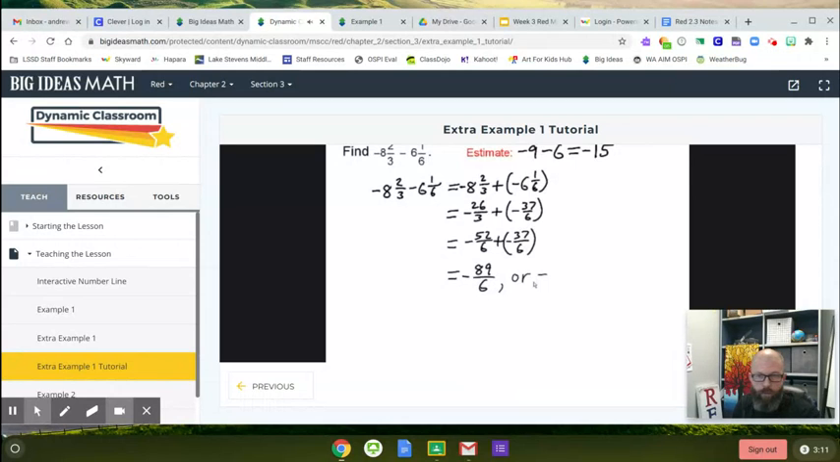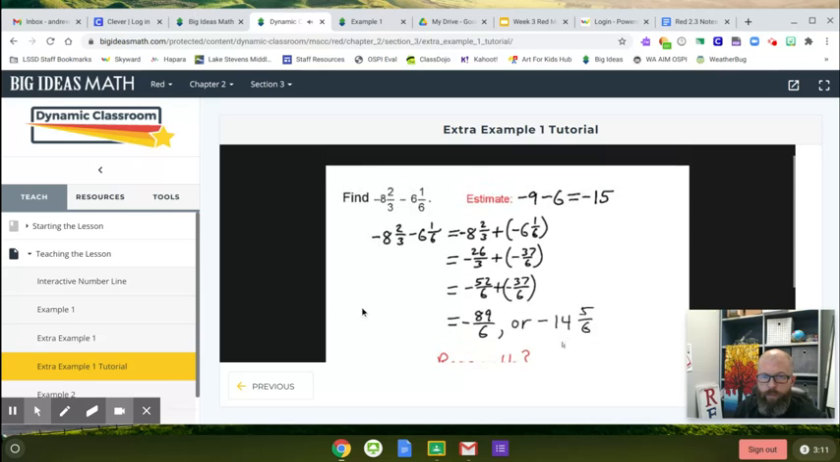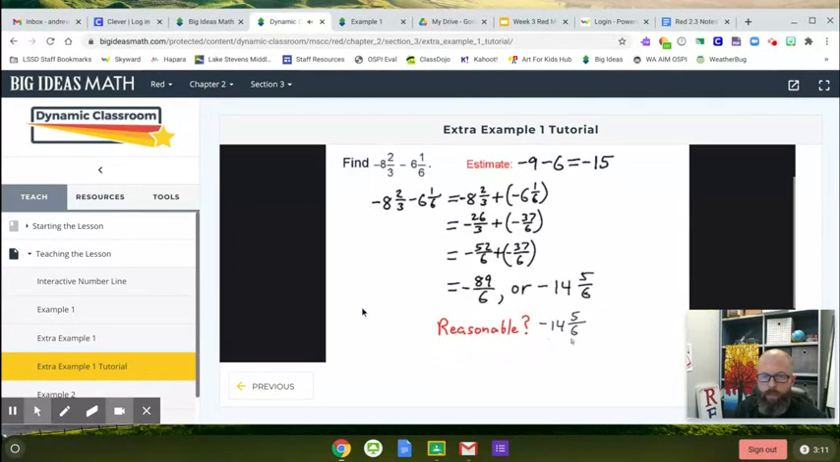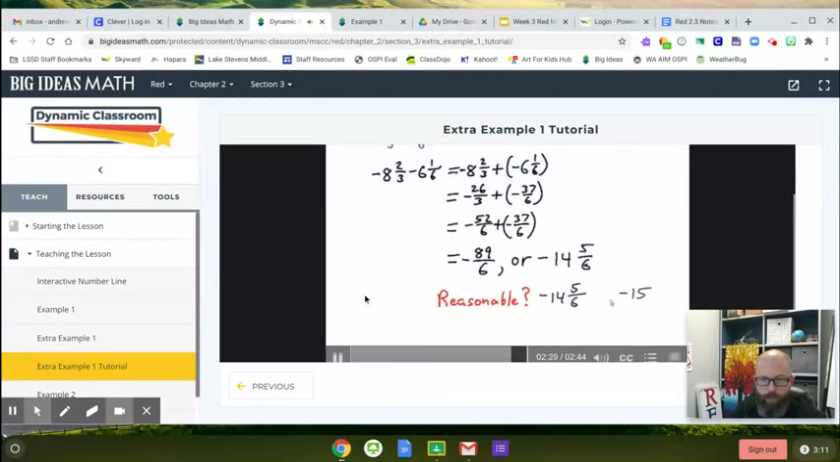Is this answer reasonable? Well, let's compare the answer to our original estimate of -15. And notice -14 5/6 is pretty close to -15, so I'd say they're approximately equal. So I'd say, yes, this is a pretty reasonable answer. And with reasonable certainty, we can say